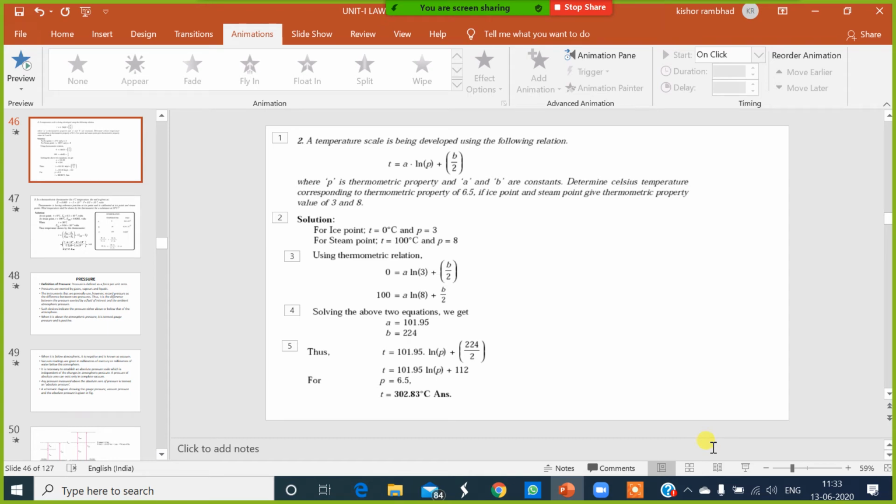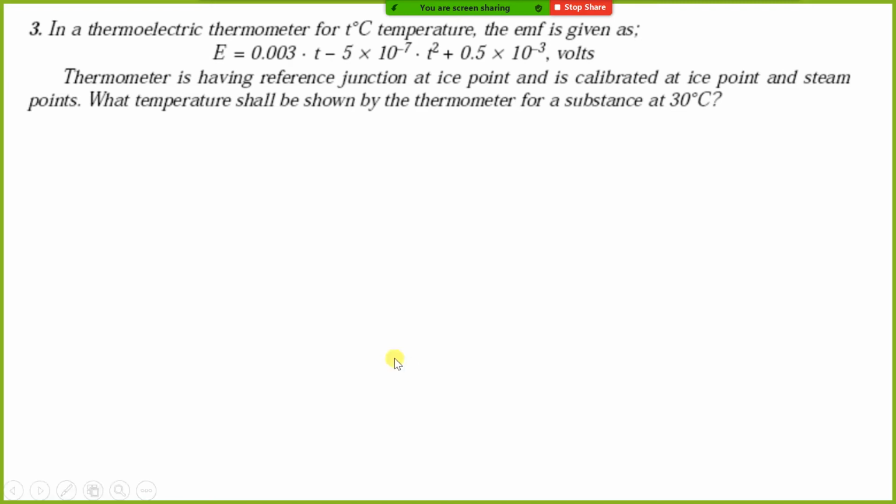In the last lecture, we have seen this problem. We'll solve the next problem now. In a thermoelectric thermometer, the EMF is given as E is equal